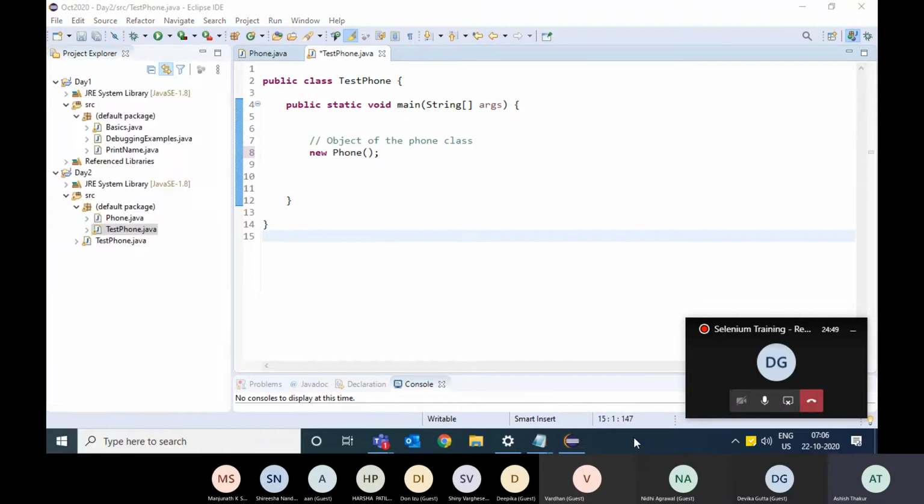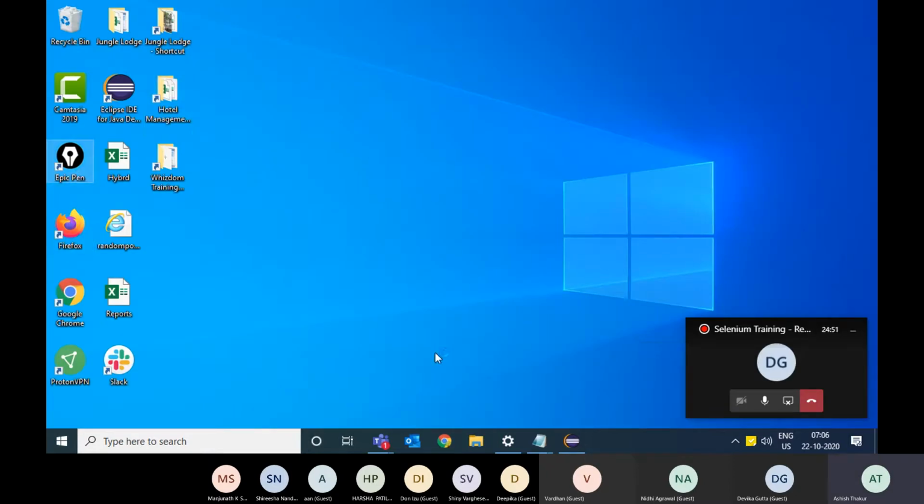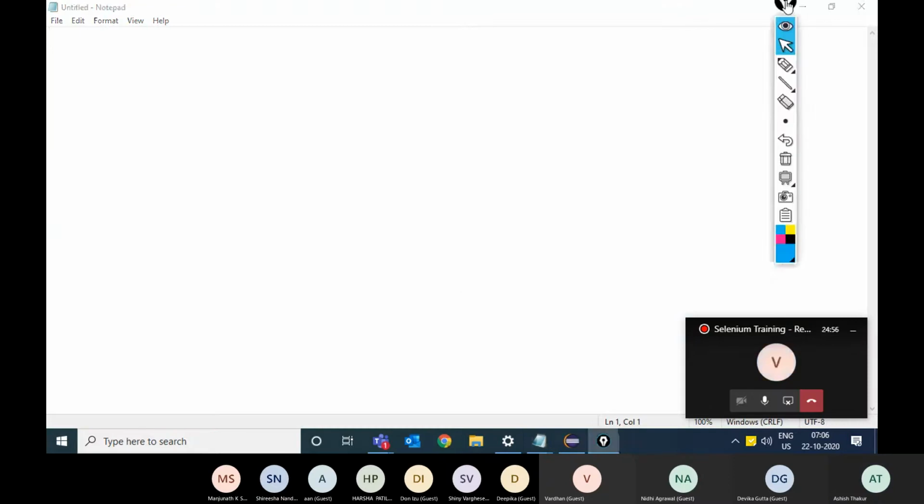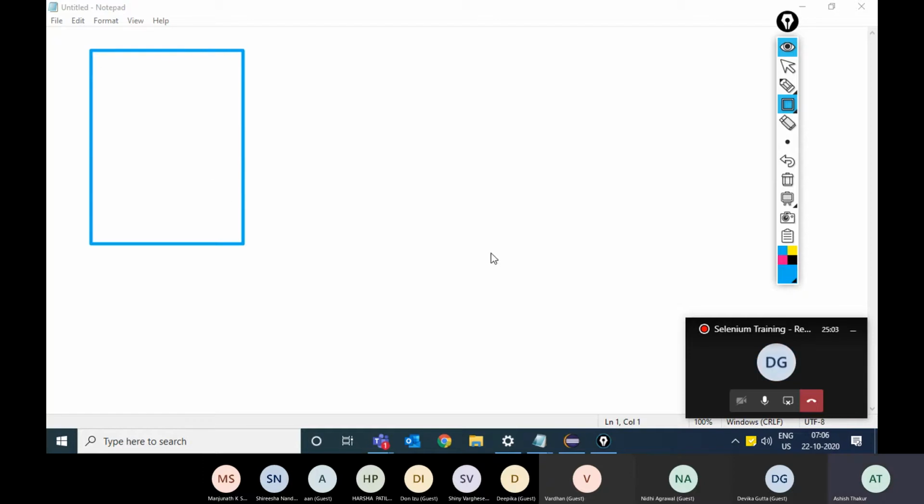So inside the memory, what happens is that an object of the phone class is created. That object has got the functions which we just made, call and message.